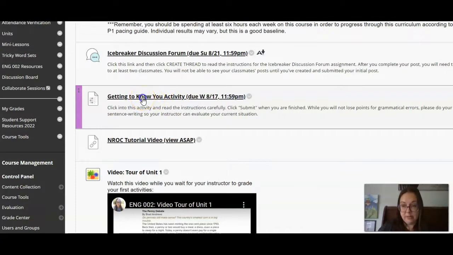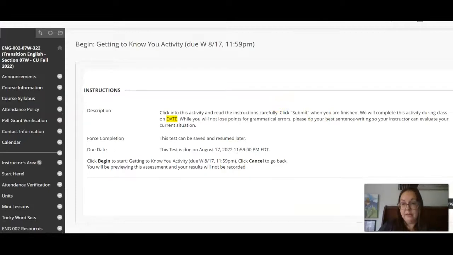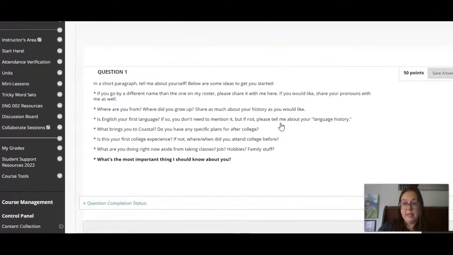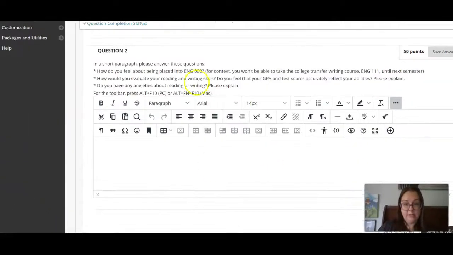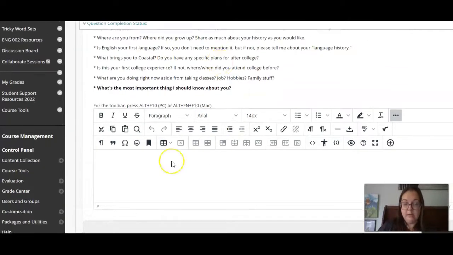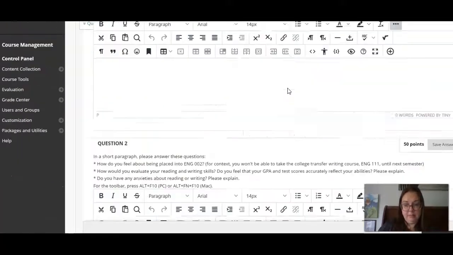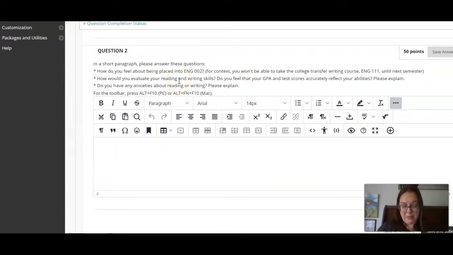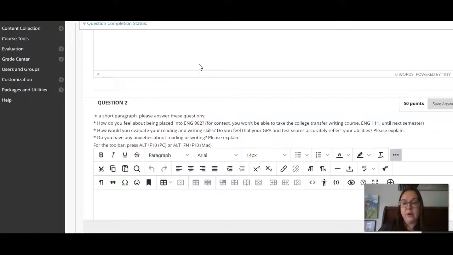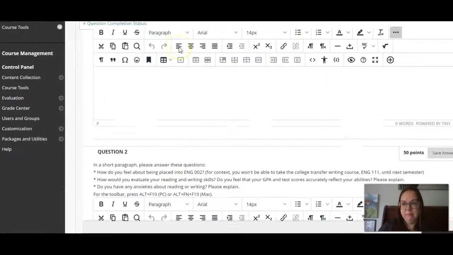The way that this works is that you click into the activity and click begin, and then there are 2 sections. And each section has a handful of questions, and I would like you to type a paragraph in which you answer all these questions. I will not grade you based on grammar and punctuation and spelling. Just do your best work. I mostly just want to learn more about you and get a baseline for your current writing ability. Just don't forget to scroll down and do both of them.